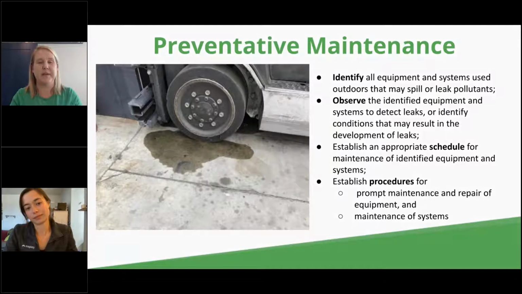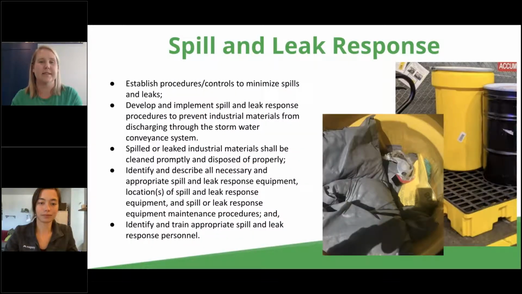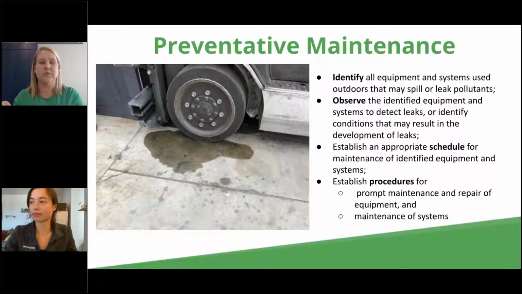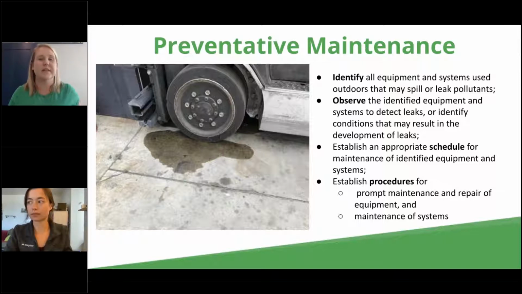The next minimum BMP is preventative maintenance. With this one, this is about having a schedule for your equipment, making sure you're not letting your equipment degrade to the point where it's regularly leaking. You need a process in place to check this equipment, to make sure you are following any manufacturer routine maintenance requirements, as well as having a system in place to get anything cleaned up properly. So we start with the preventative maintenance. We want to make sure none of our equipment is leaking, and then the next minimum BMP